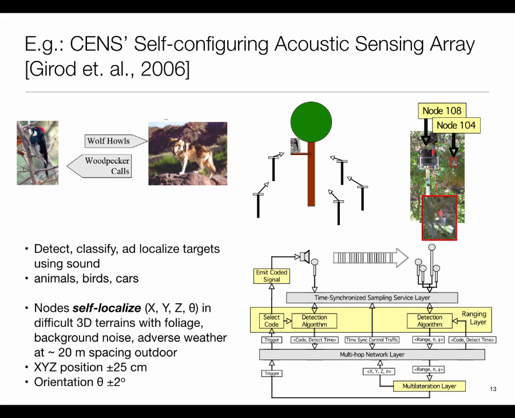This is another example of a system that folks in CS here had built. They were working with some people who were studying birds and rare animals, and the idea was that whenever some particular type of sound happened, they would like to capture that event. In this particular case, what they had created was a system where there was a bunch of microphones, and